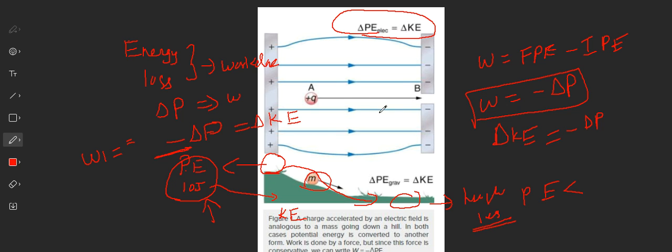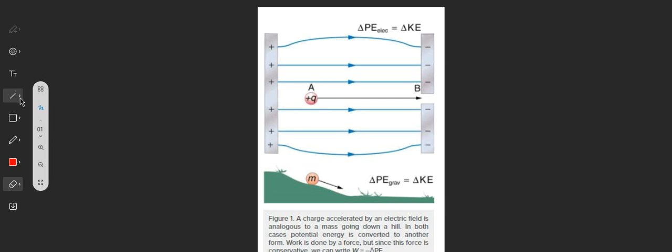It is the same similar thing you are looking at here: whenever a charge moves from a point A to B, that is, it starts flowing from a positive terminal A to a negative terminal B, it means we have the higher potential at point A. So point A, the point on this side, is of higher potential. From the higher potential, the charges start moving towards the lower potential, which is point B here, right?